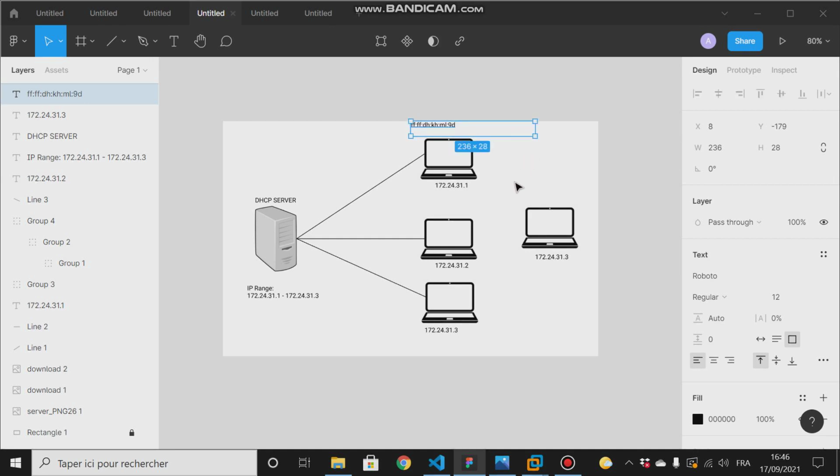And we want him to have an IP address ending with 2 instead of 1. So we will go to the DHCP server, then we will copy this MAC address here,